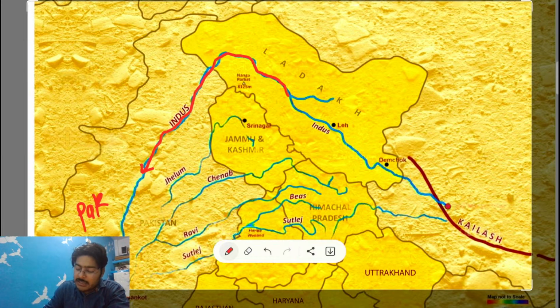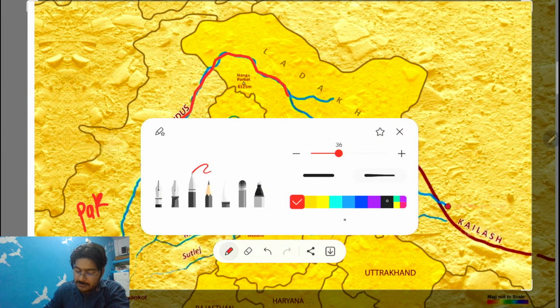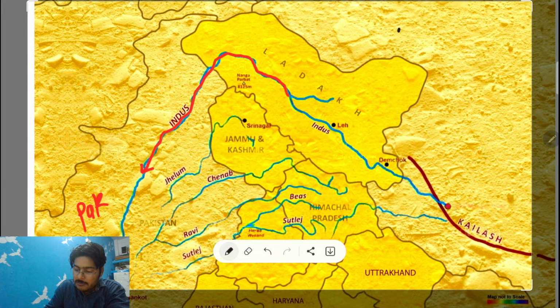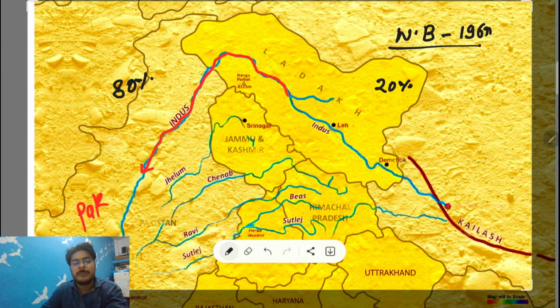Now this dispute has been resolved by the World Bank in 1960. In 1960, they concluded this agreement between India and Pakistan. As a result, India will have 20% of the water and Pakistan will have 80% of the water from the Indus. Clear? Next thing is that overall